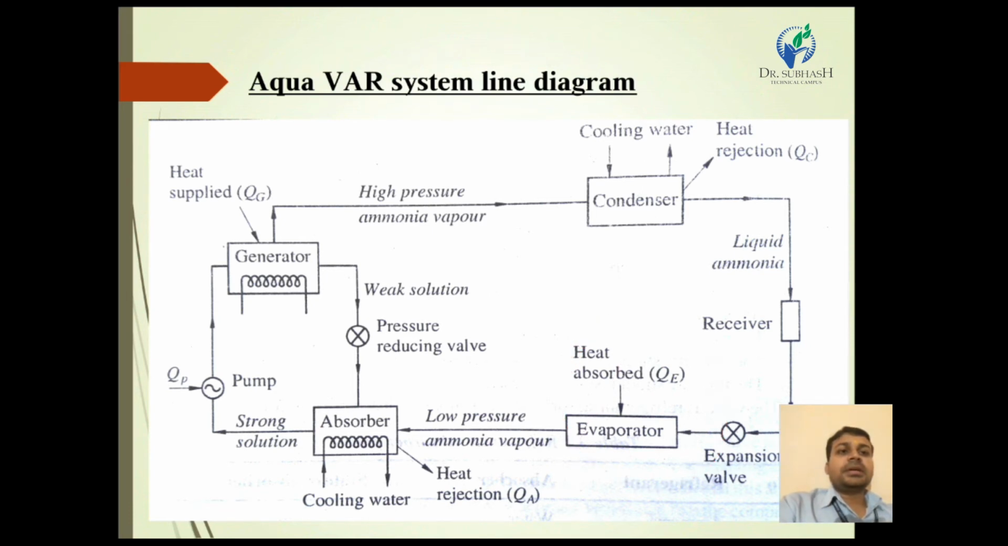Then the NH3 passes through an absorber containing three points, two as inlets and one as an outlet. One is the weak solution coming from the generator. Weak solution means that we have separated the NH3 vapor and H2O vapor. The NH3 vapor passes through the condenser and the H2O vapor passes through the absorber, and the